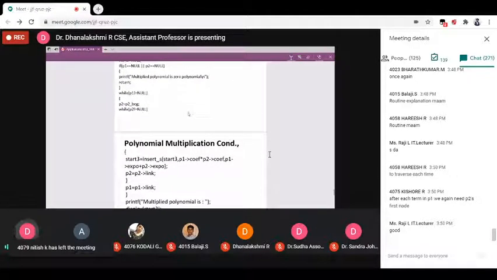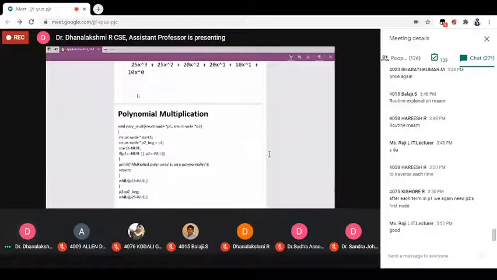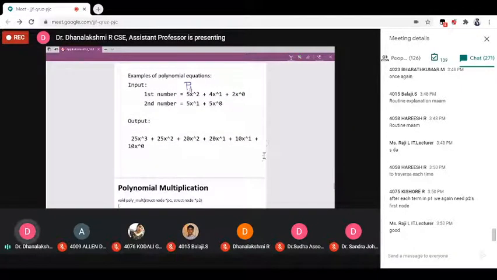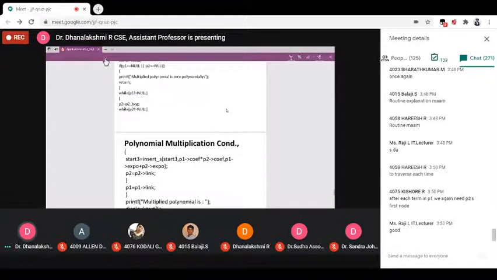What we have to do again? This while for P1 not equal to null checking. Now P2 is here. Once again, you have to check whether this is equal to null or not equal to null. Yeah, this is also not equal to null. While P2 is not equal to null, we have to do the procedure.